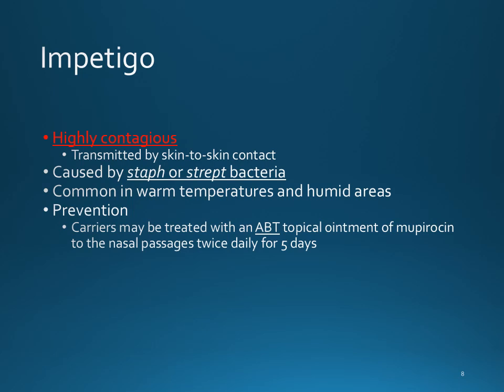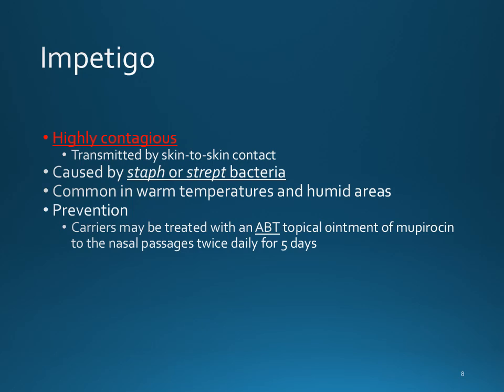All right, impetigo. So this is the next bacterial, still on bacteria. It can be staph or strep. So that's one difference between impetigo and this. MRSA is staph, or no? Yes. This can be either. This is highly contagious, just as MRSA is pretty contagious. So those are similarities.